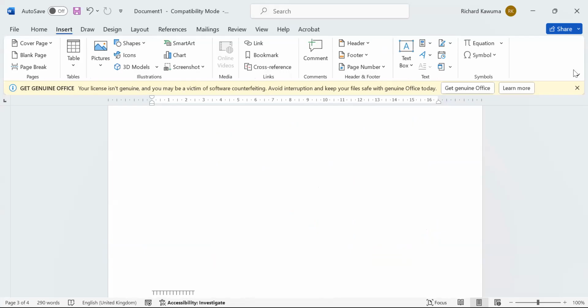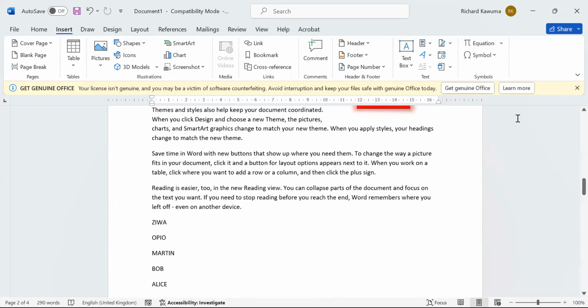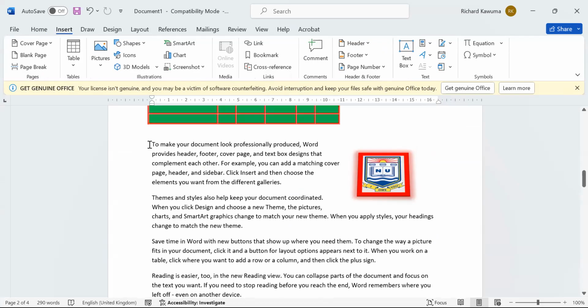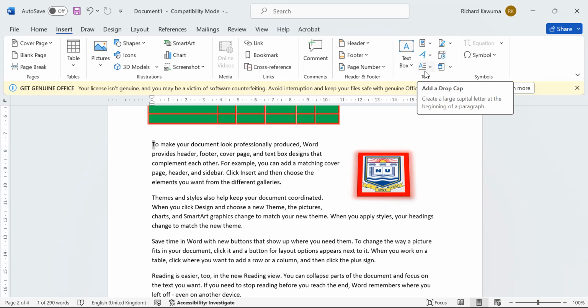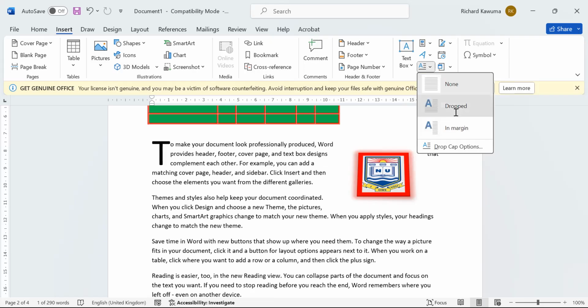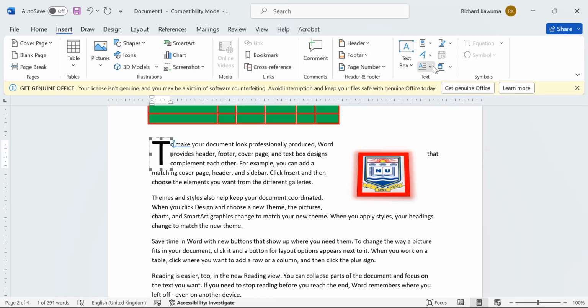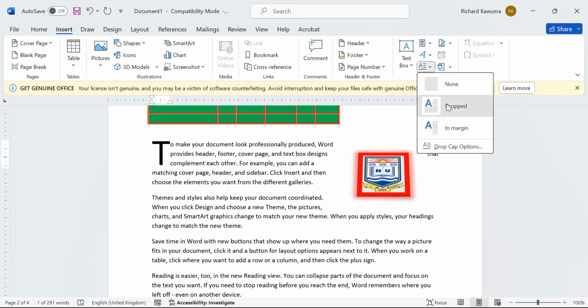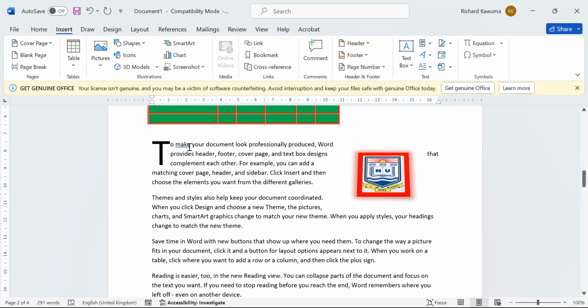Then we can also make a drop cap. Now drop cap makes the first letter of a paragraph dropped. It drops only the first letter of a paragraph. So you select it, then you come to drop cap. So dropped. So you can even choose how many lines you can drop. Automatically it drops 3 lines. But if I want to drop